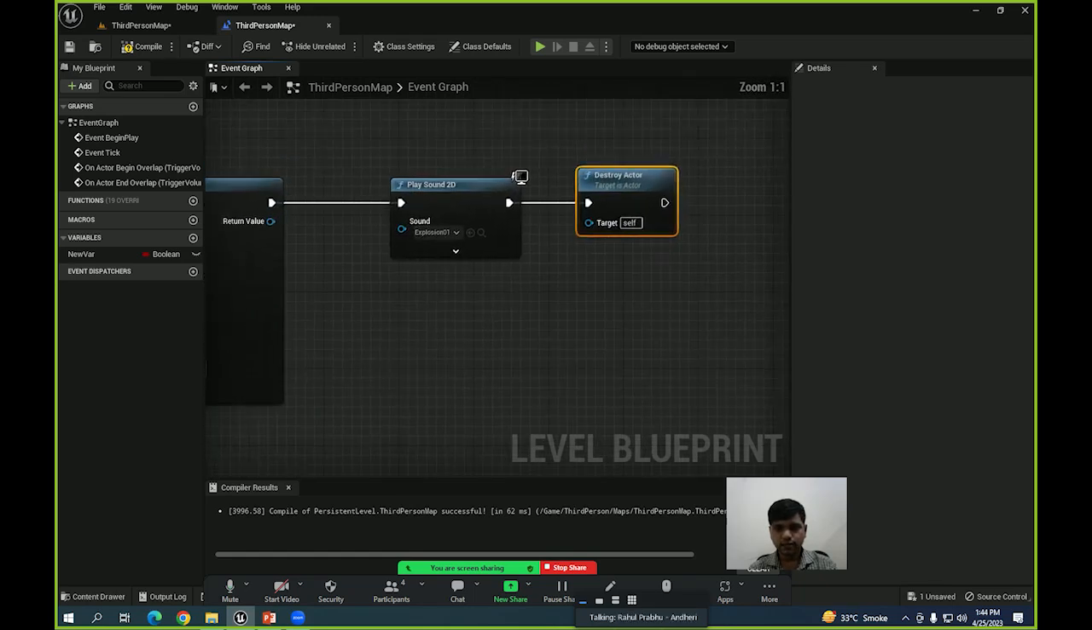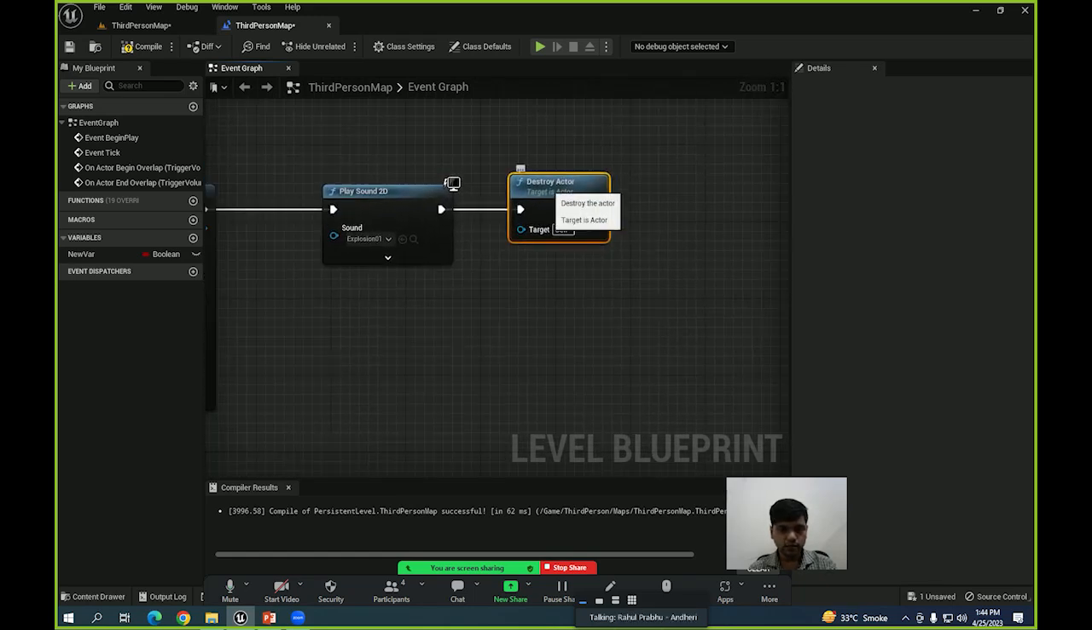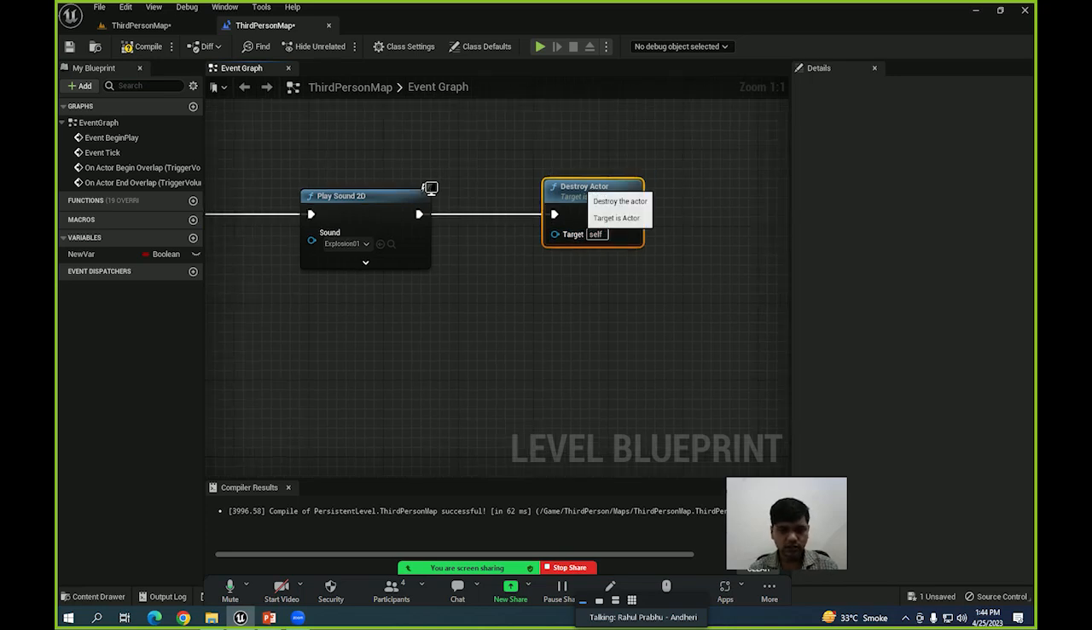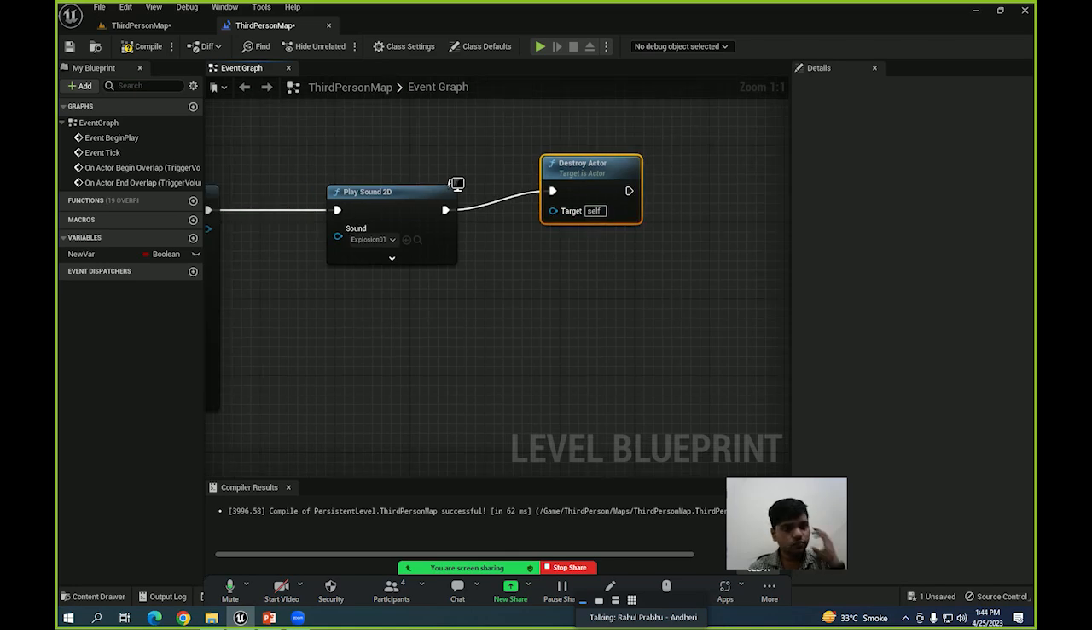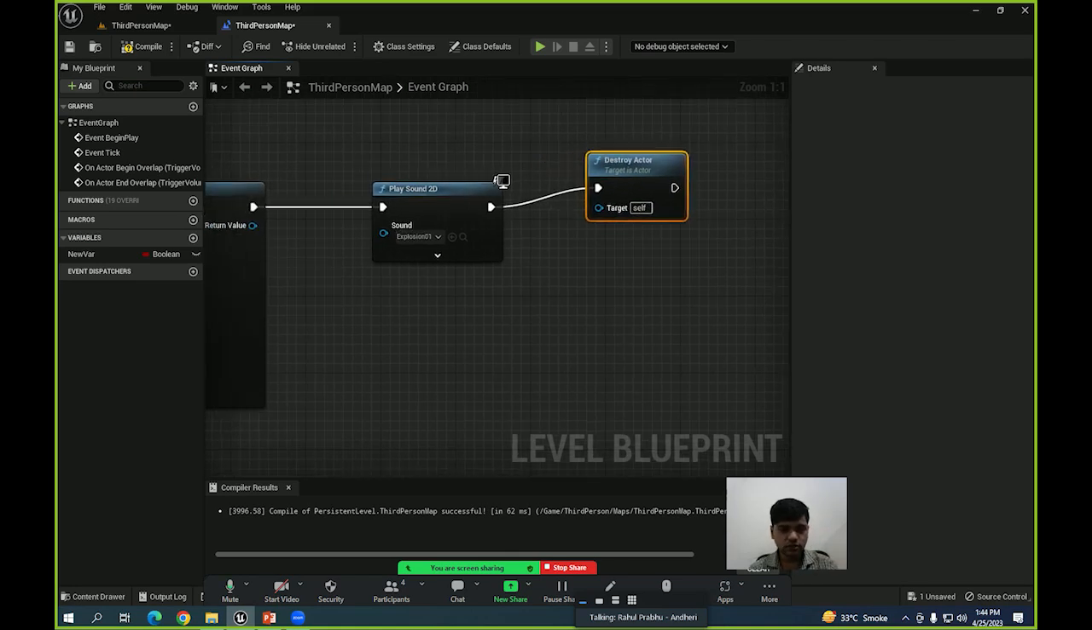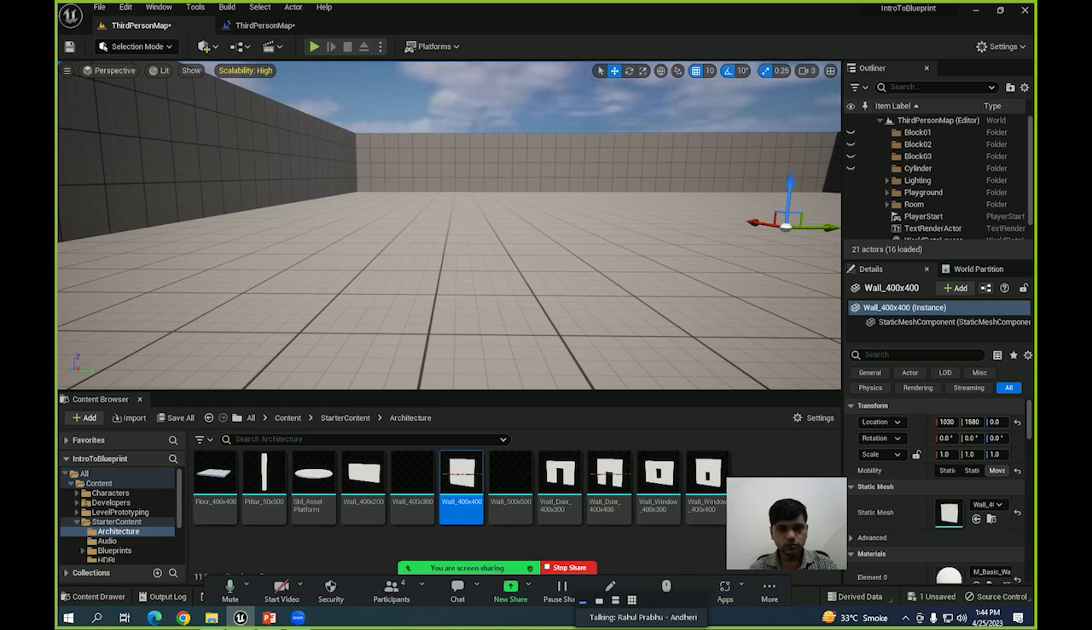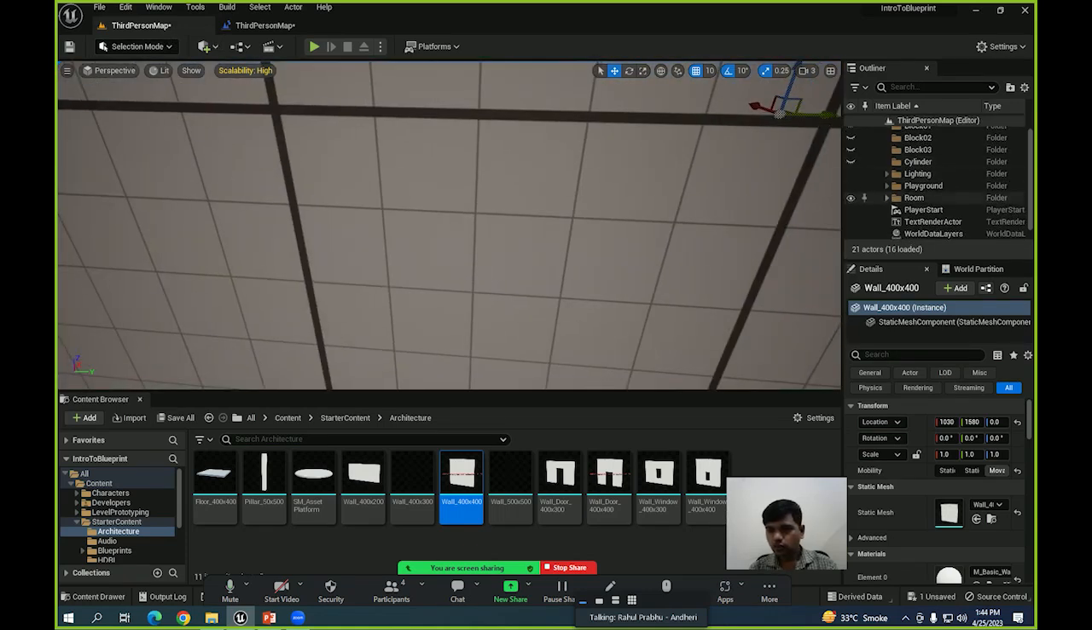And see, you have to tell the blueprint what you want to destroy. This is a destroy node. This will execute the destroy. But which object do you want to destroy? So for that, you have to go for the room and